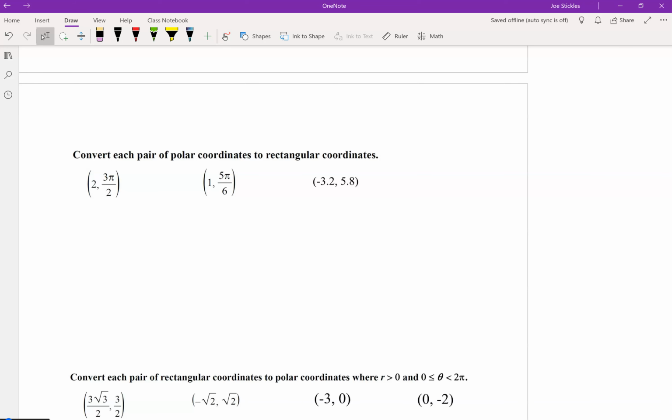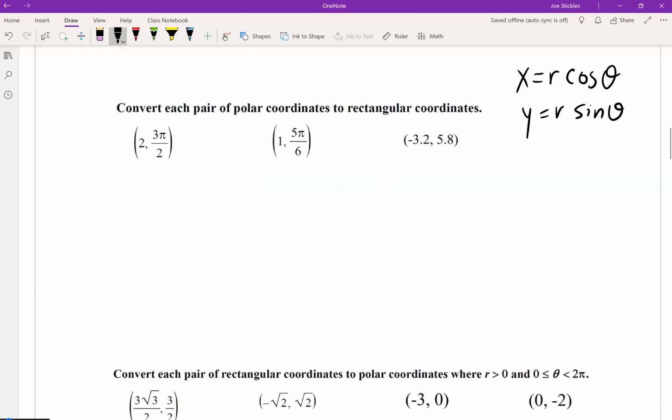We already had those formulas that we know that x is equal to r cosine theta and y is equal to r sine theta. Notice that if we know the r and we know the theta, we automatically know the x and the y, without any doubt. These are very straightforward, because if these are polar coordinates, the first coordinate's the r, the second coordinate's the theta. So to convert this to x and y, we just need to plug in the r and plug in the theta. Okay? So this one, your r is going to be